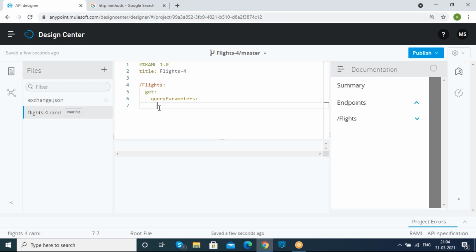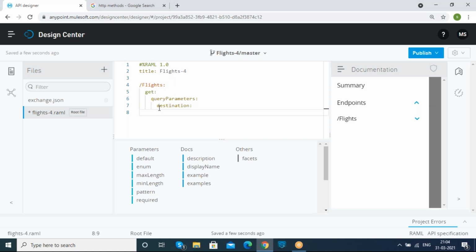So why are we using query parameters to search according to the destination parameter? This destination value, we just need to hard code it, because in place of this destination parameter, we can type anything like ID, price. We can search according to any parameter over here. So here we are using the destination query parameter in order to request it according to the destination parameter. And all the destination parameters are required as true.